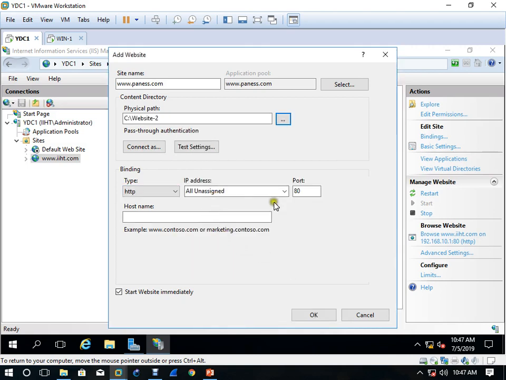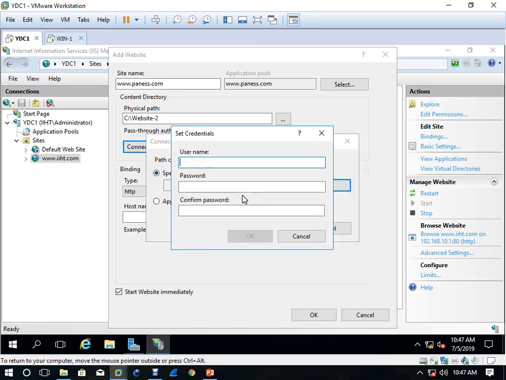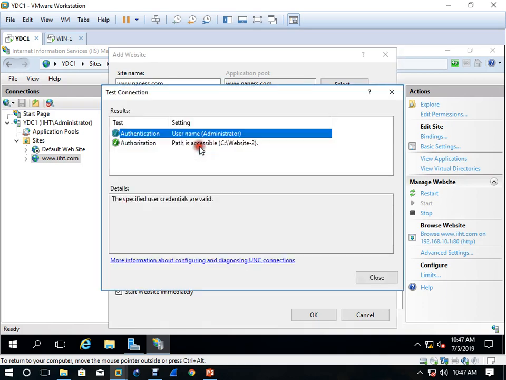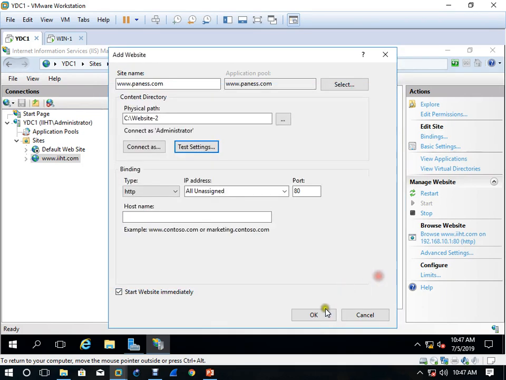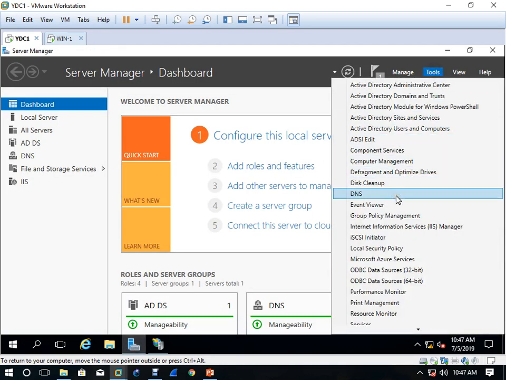Test the settings, okay, and here which IP address, the one associated with 10.10. What will be the server web name? www.panes.com, right?